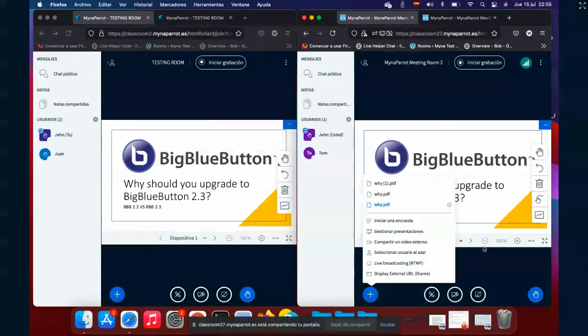There's one feature I'm really excited about: if you have, let's say, 4 breakout rooms, the whiteboard will display 4 small cameras showing what's happening in the different rooms. As a moderator or teacher, even if you are not inside the room, you can still monitor what the students are doing in that room.